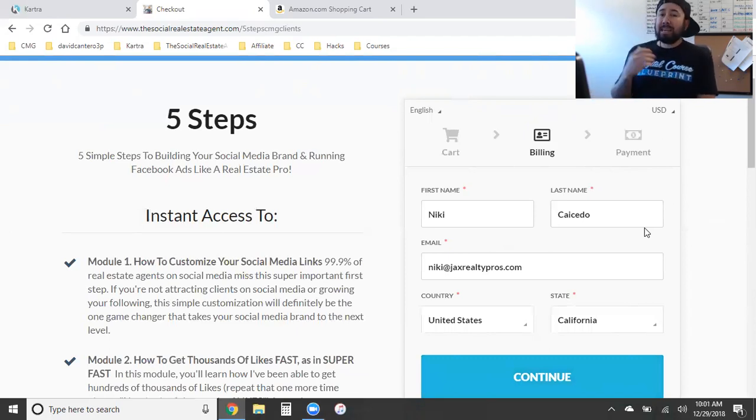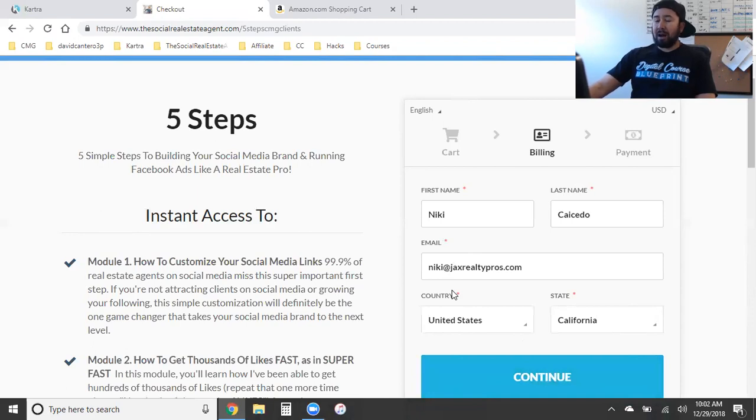And if they leave without checking out, you need to be able to tag that person under cart abandonment. And you have to have a whole email sequence set up to get that person back to checking out. That's cart abandonment. That's super gangster. That's what's in Kartra. Because once they clear step 2, I don't want to hit continue, because if I hit continue, this person is going to literally be a lead